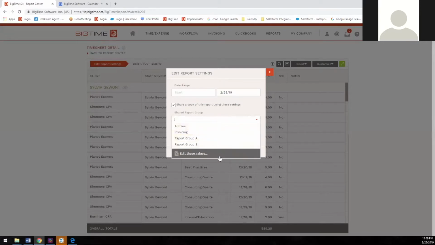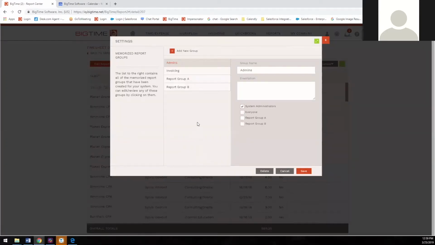And just to talk about report groups a little bit more, if I select edit these values, within my site, I already do have some report groups created, but you do have the functionality of adding a new group. And essentially what this report group is going to help you do is share this report for specific security groups within your BigTime site. So for example, my report group A is specifically for that report group A user group. And you do have the functionality of adding other security groups